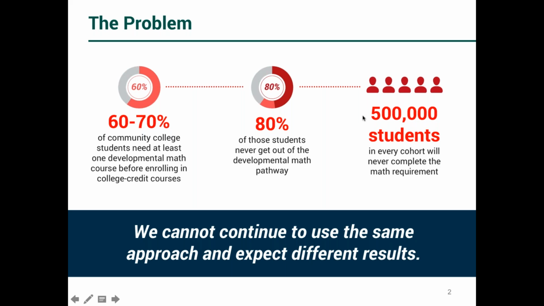However, about 80% of those students don't get out or complete their developmental math pathway within about 3 years. And people have done analyses further out, and that pretty much caps out. That amounts to about 500,000 students per cohort. That's a huge number of students who, because of the developmental math sequence, are stopped in their attempts to attain their 2-year or 4-year goals, and therefore move on to further education and careers. And this is not a terribly new story for all of us, but we at the Carnegie Foundation